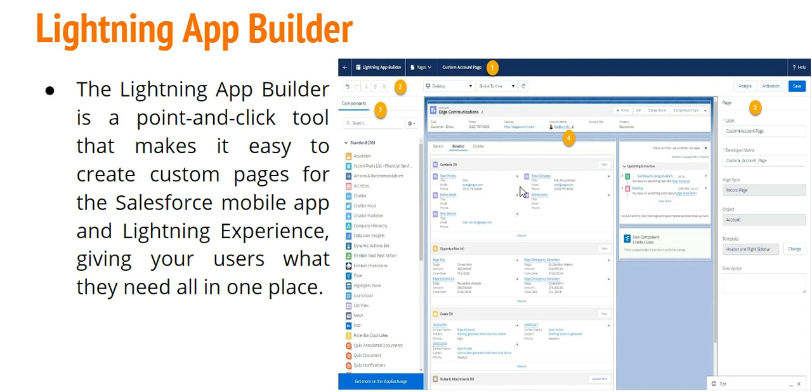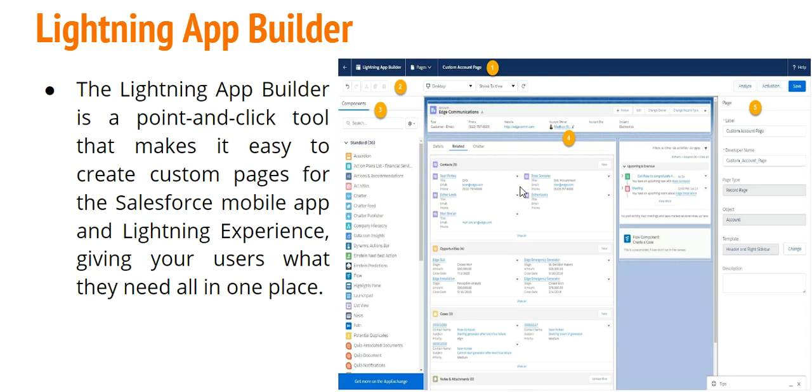Whenever we create a Lightning app, we need to manage our pages, so in that case we go for the App Builder, and we can update the app's branding, navigation options, and manage the Lightning pages that are assigned to the app, all in the Lightning App Builder. So in short, Lightning App Builder is one of the best features in Lightning, because it gives admins the power to configure the Salesforce UI using clicks, and we don't need to use coding here.